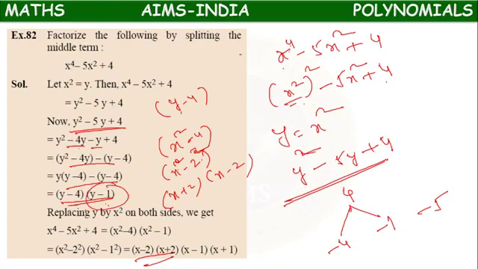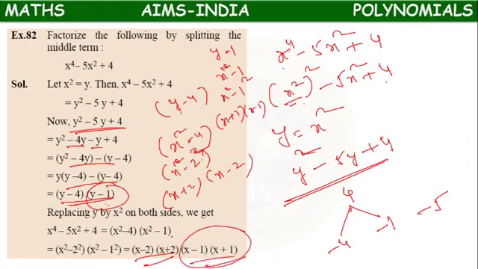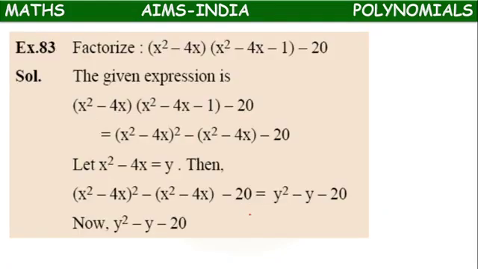Next one, y minus 1 means x square minus 1, or x square minus 1 square, or x plus 1 into x minus 1. For the second one also, two factors will come. So if we reduce the form, two factors will come. Again, if we expand the form, for each one 2, 4 factors will come. Altogether, 4 factors will come as answers. Next.